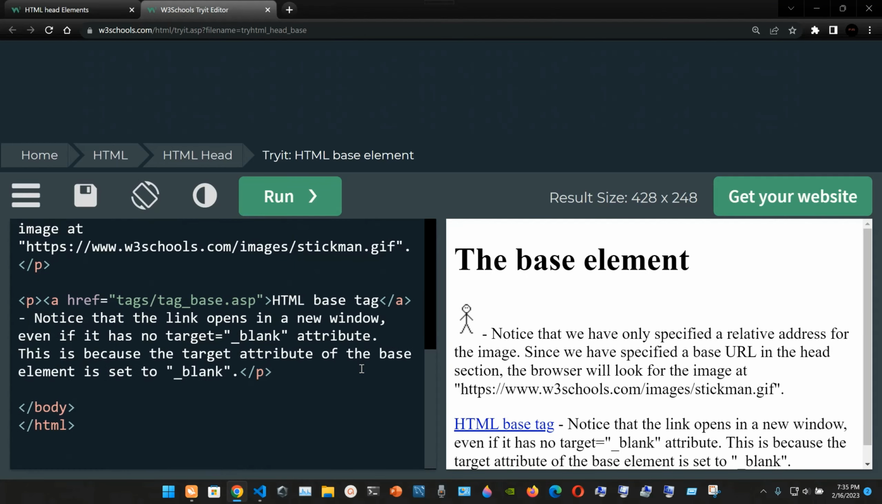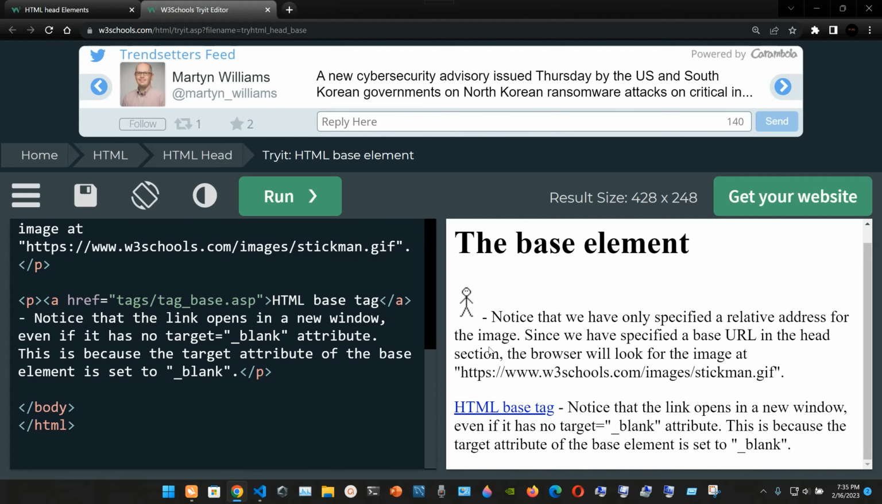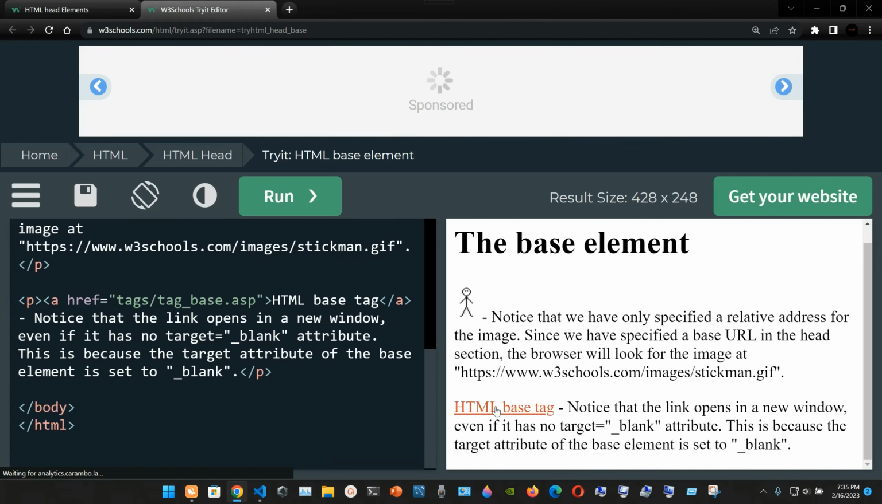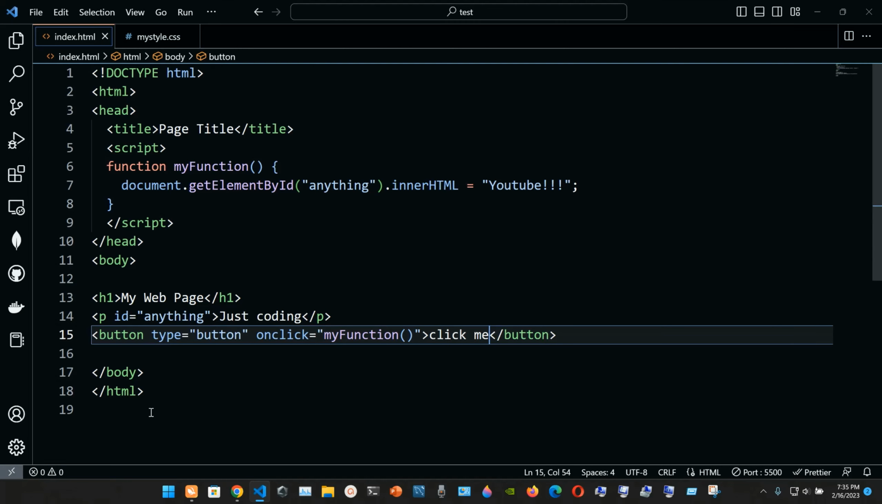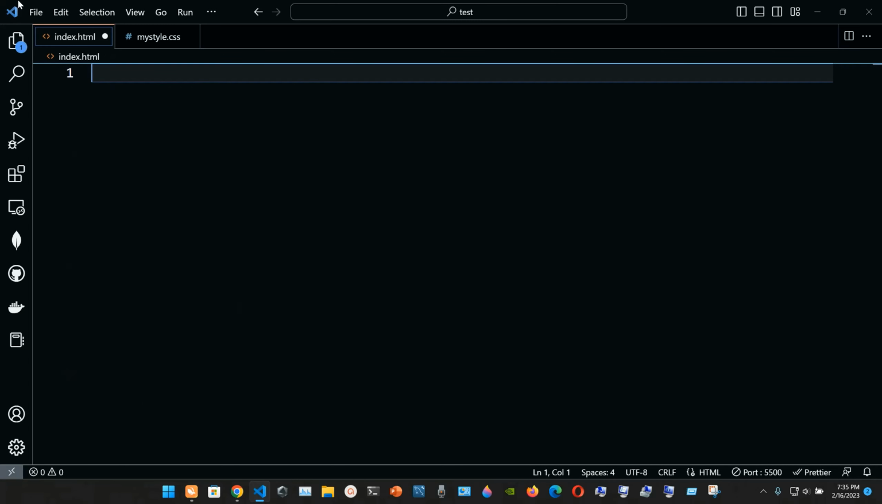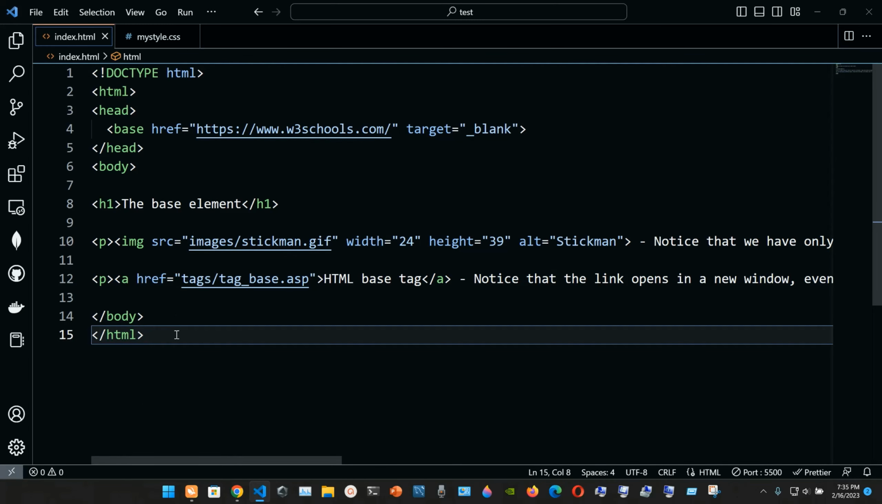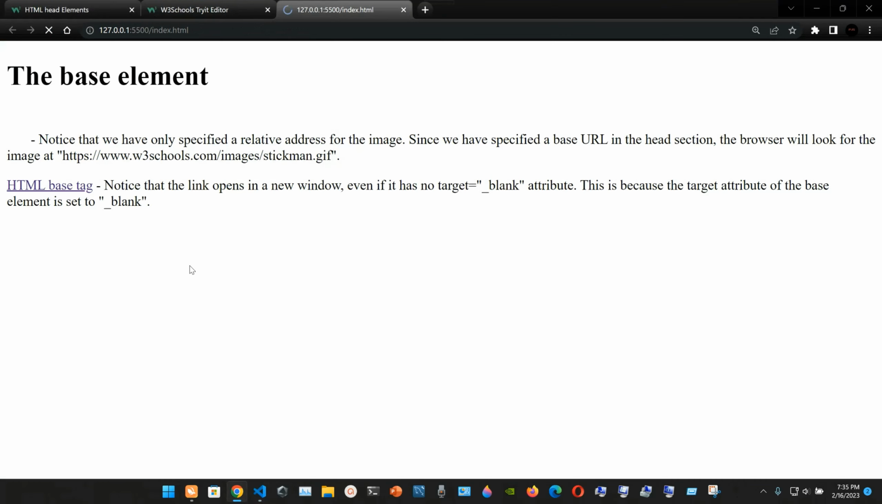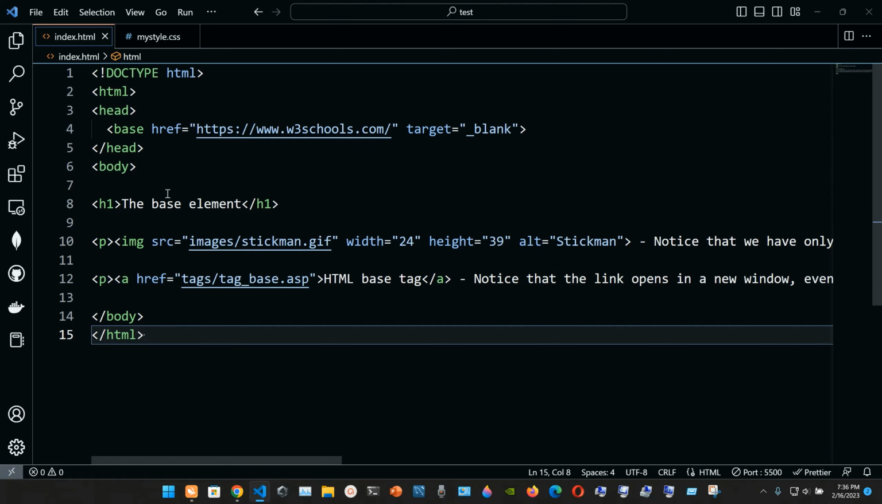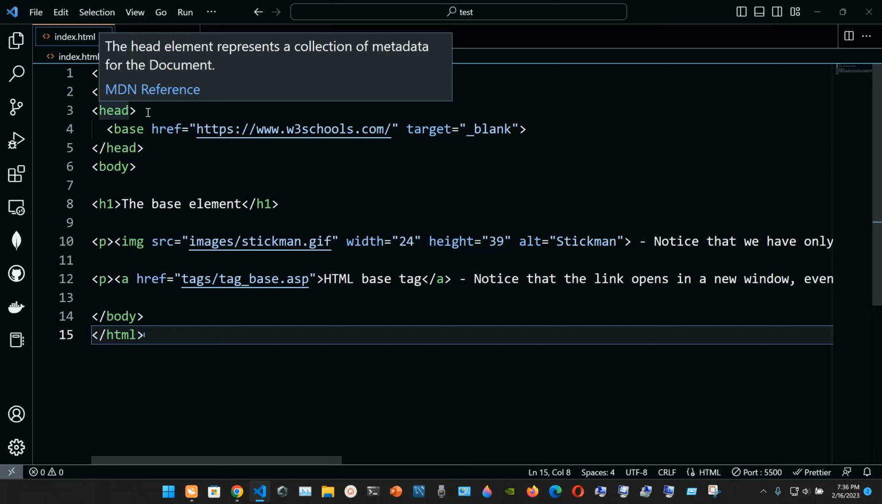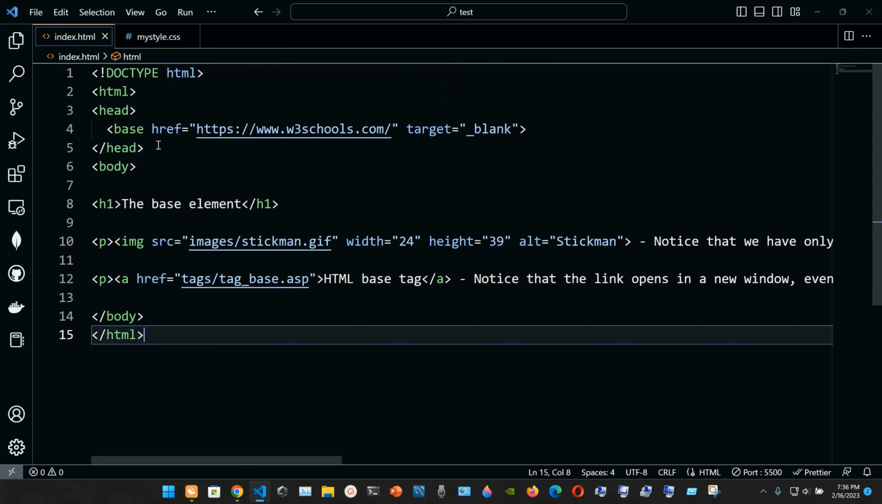So this is what it sends us, and then we're gonna have this link. We're gonna grab this example, go to Visual Studio Code, to our index.html file, and paste it here. Now we go to our website, and yeah, it's working. So inside of the head section, we're gonna have the base with an href, and the href is gonna be this URL,